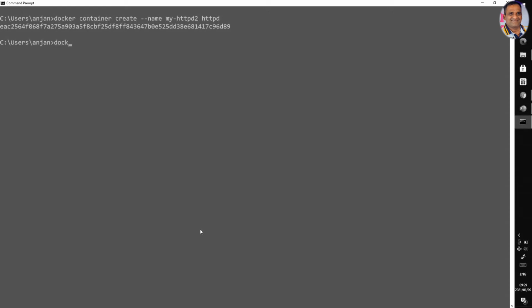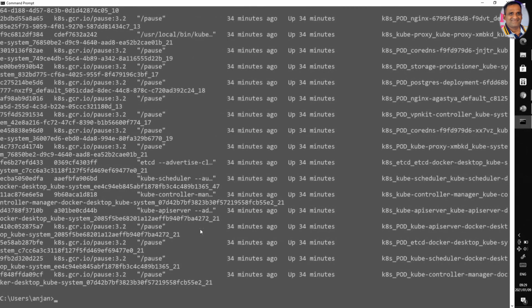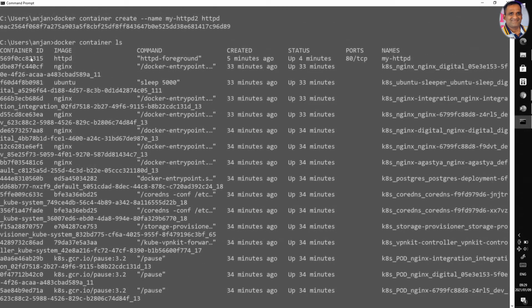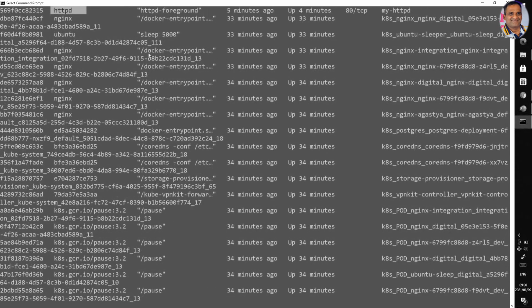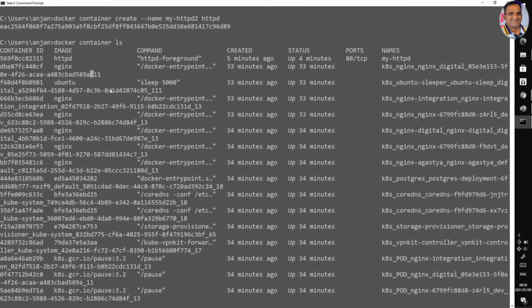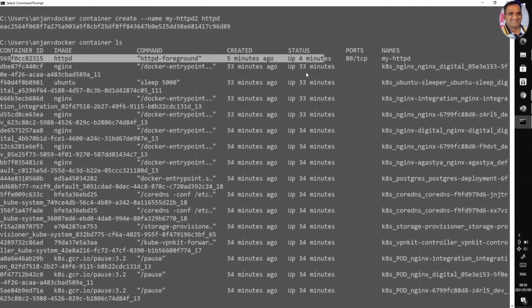Now you can check: docker container ls, the list command. So it is listing. Now you can see here, this is the first one. It is up, httpd. It is up for 4 minutes.